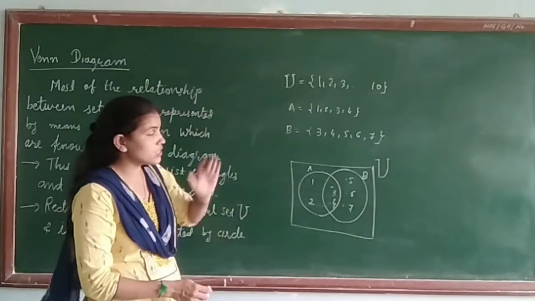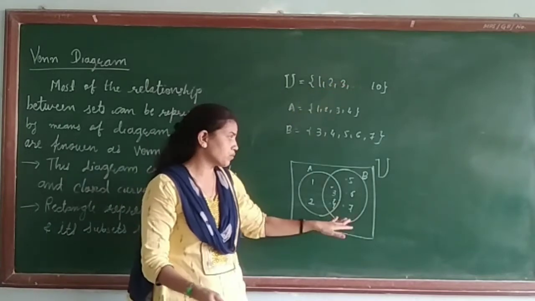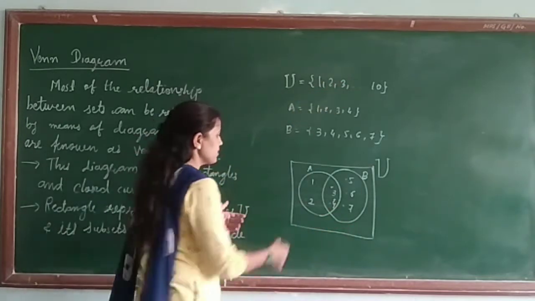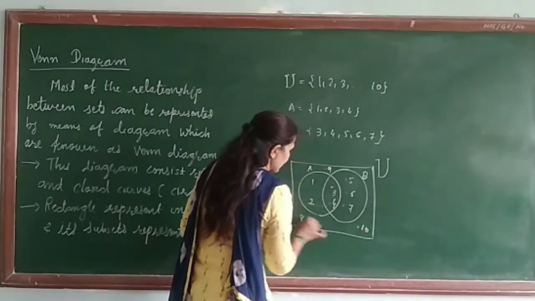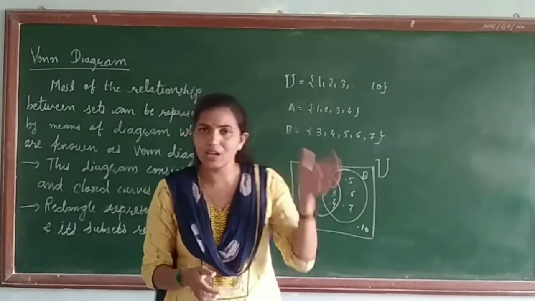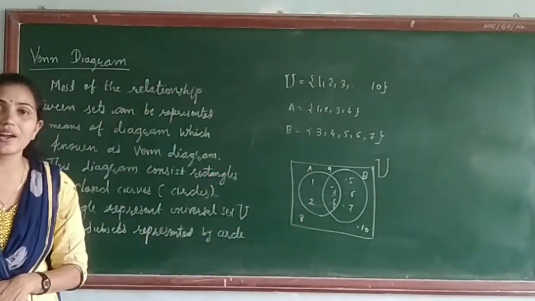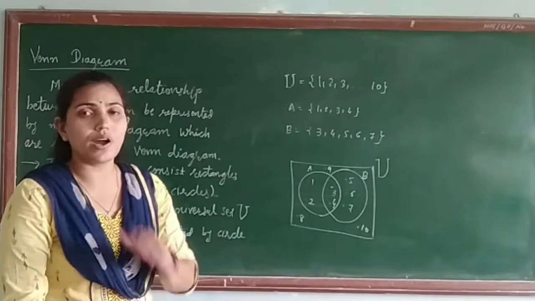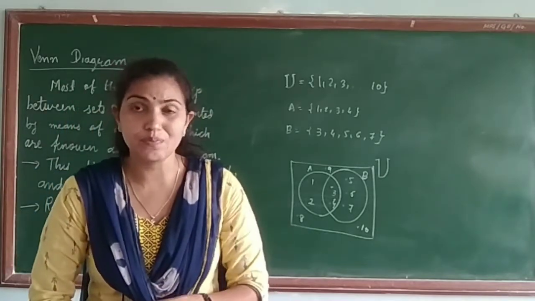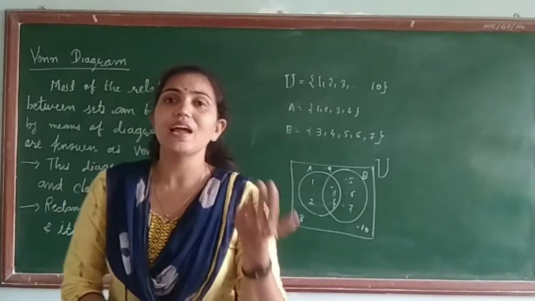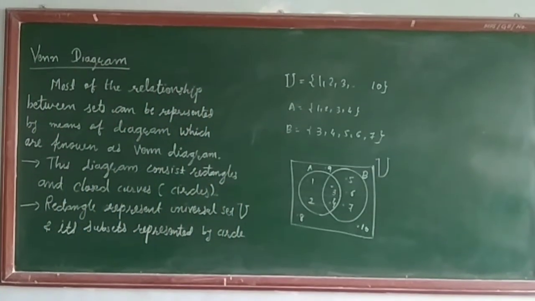But you still have some elements which are in U, that is 1 to 10. Here up to 7 is written. So 8, 9, 10 you can write down anywhere. 8, 9 and 10. It depends upon you where you want to write them. Okay, it is your choice. So this is called the Venn diagram. Venn diagram is widely used to represent the relation between the sets. Now which types of relation are there? Let me see. So that is our next concept, students.